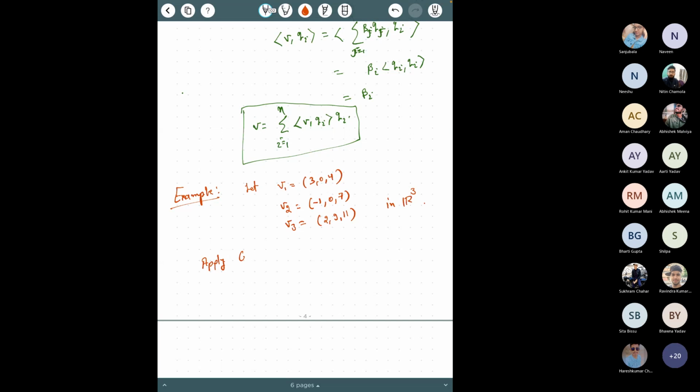In fact, this Gram-Schmidt process also gives you a way to check whether a given set of vectors is linearly independent or not. You just keep on applying the Gram-Schmidt process. In theory, you can use that, but it may not be that easy. Let's say you have three vectors. First apply on v1, you will get q1. Then include v2 also. If v1, v2 are linearly dependent, then q2 would be 0.